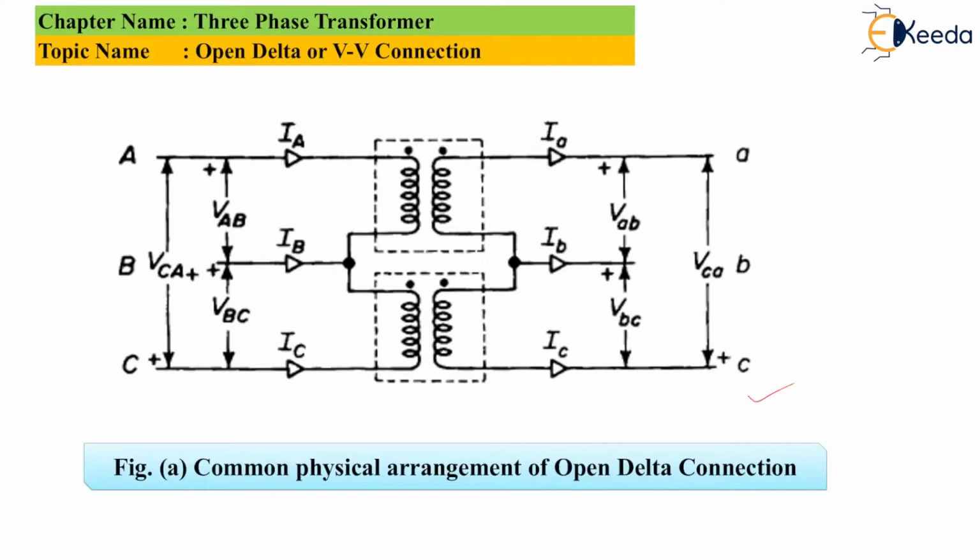Now in this case the remaining two transformers will continue to function as a three-phase transformer bank, but with a reduced rating of about 58%. So if initially they were working at 100%, their working ability will get reduced to 58%. So in this case, when one of the transformers is faulty or gets disconnected, we call it an open delta connection, and in this type of arrangement, the working capacity is 58%.